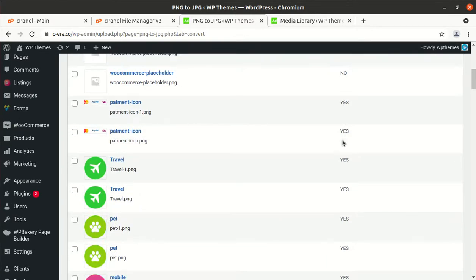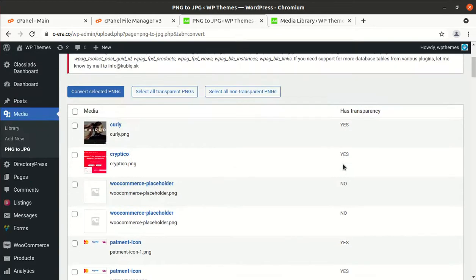So those images have transparency, and we can skip converting the transparent PNG images with this option, convert all selected PNGs, and select all PNGs and select all non-transparent PNGs.